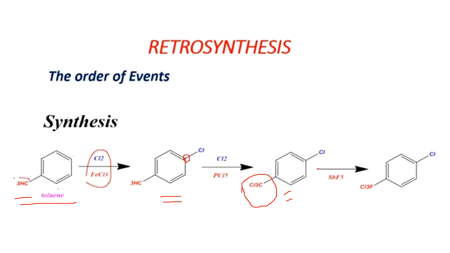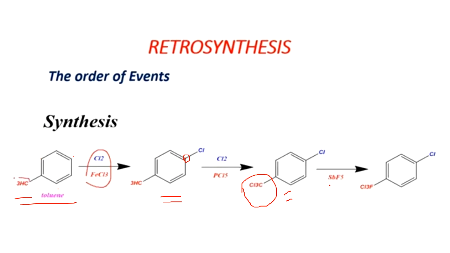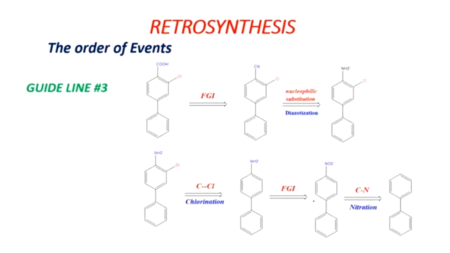So when we are doing SbF5, or we are previously doing a functional group interconversion, here in this case we are using the reagent SbF5 and we are getting this fluorinated compound. This is the synthetic step. So here on toluene we are proceeding with the reaction and we are getting this compound or starting compound.